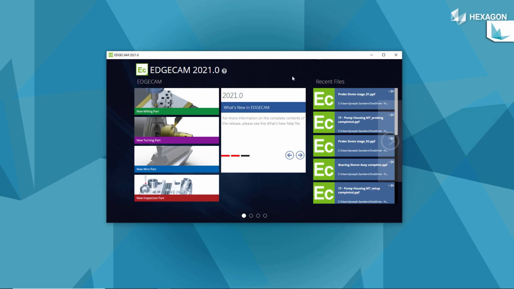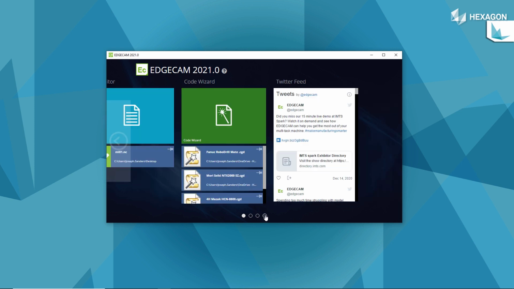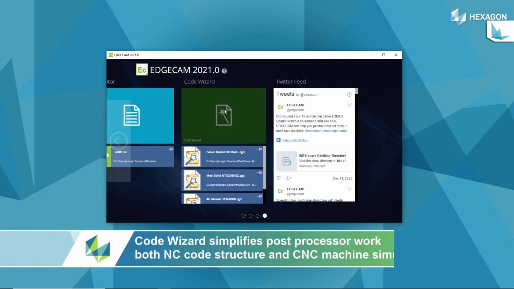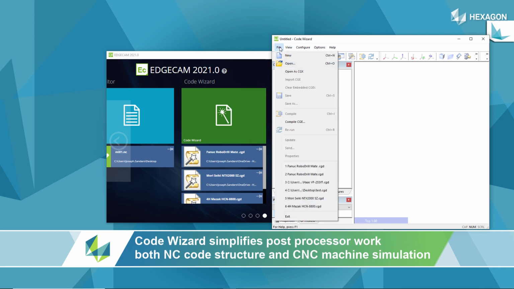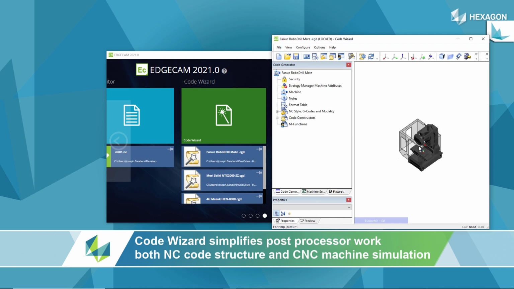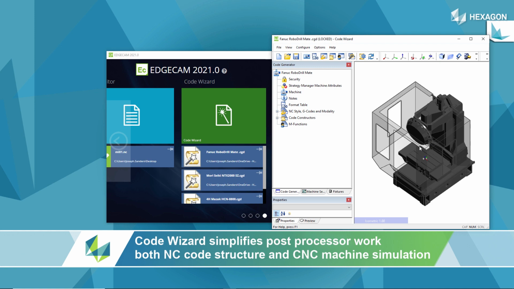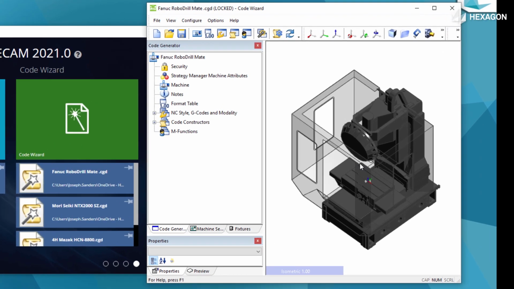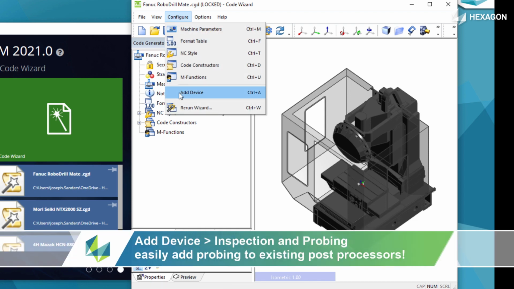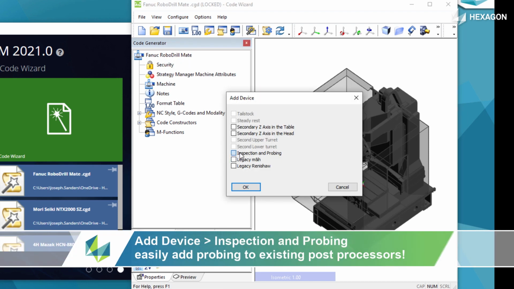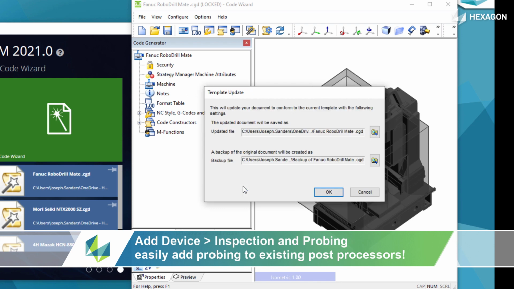Let's close the code and go back to the EDGECAM launcher and down to Code Wizard. Code Wizard is a tool that allows EDGECAM users to work with their own post processors. It's the same tool that Hexagon as post processor authors and many resellers use as well. As we look at this existing post processor, it is a modern post processor but does not yet have the probing capability. So when we go into add a device, we can add inspection and probing, and after pressing OK